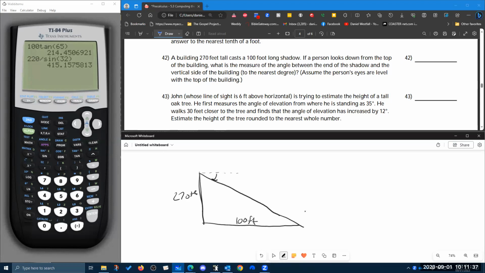This angle, looking down, is the measure between the end of the shadow and the vertical side of the building. Well, the angle here with them looking down and this angle here are the same. So if I was standing on top of the building and looking down, it's called an angle of